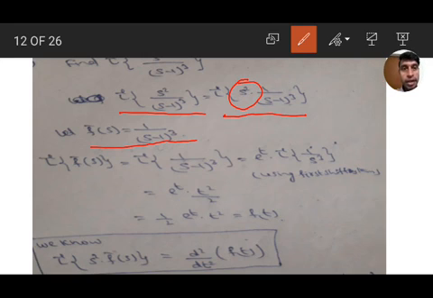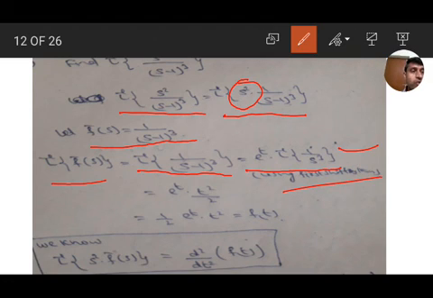Okay. And its inverse Laplace transform, L inverse of f bar s, equals L inverse of 1 by s minus 1 whole cube. Therefore, by the first shifting theorem, f bar of s minus a, it is e to the power of t into L inverse of 1 by s cube. That is the first shifting theorem. And L inverse of 1 by s cube means t to the power of n minus 1 by n minus 1 factorial. Here n equals 3, t to the power of 3 minus 1 by 3 minus 1 factorial, that is e to the power of t into t square by 2. Therefore, 1 by 2 is outside, e to the power of t into t square, that is f of t.